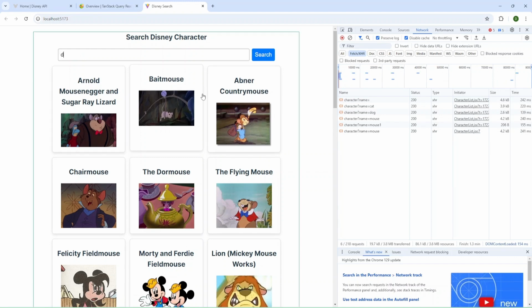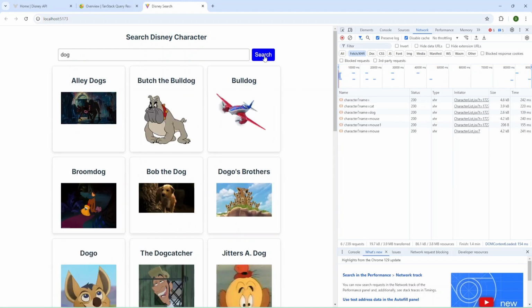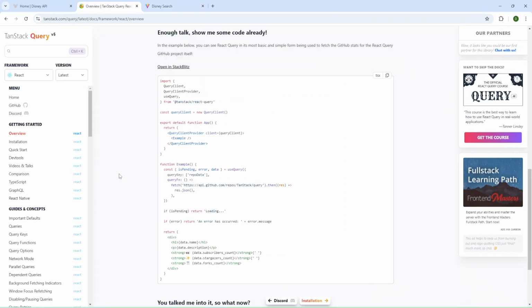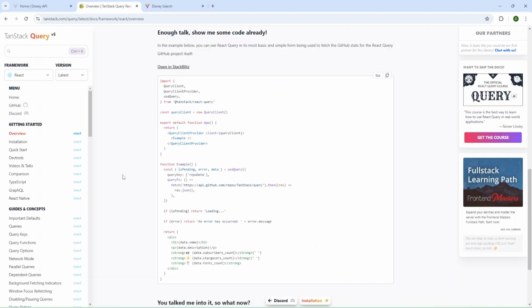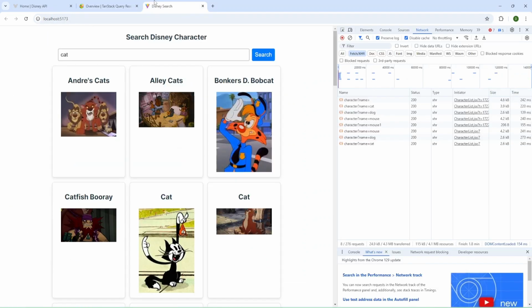I can provide dog, got data from the state, and now I can change the tab and return to my previous tab. And as you can see, the data for dog was retrieved, and I can change to cat and go to another tab and return back, and the data was retrieved.